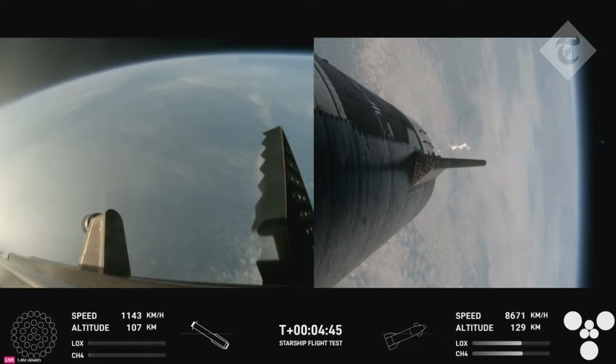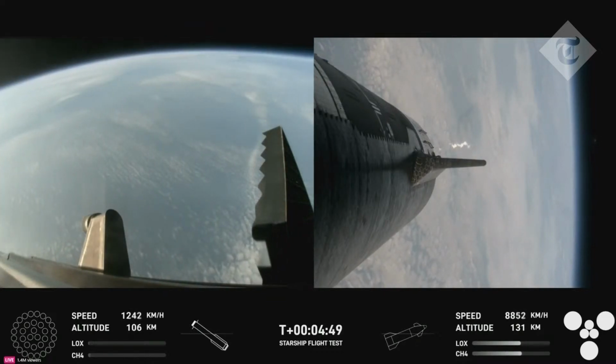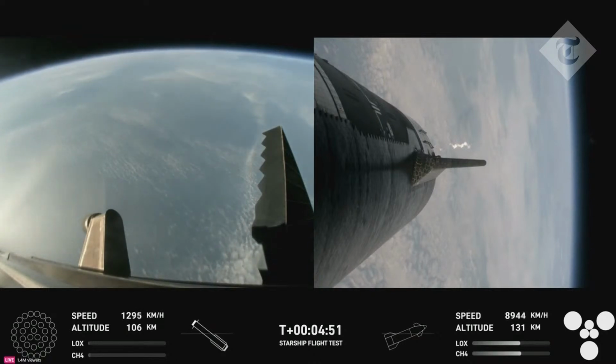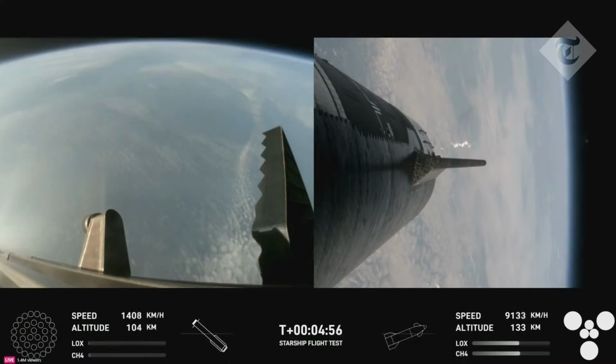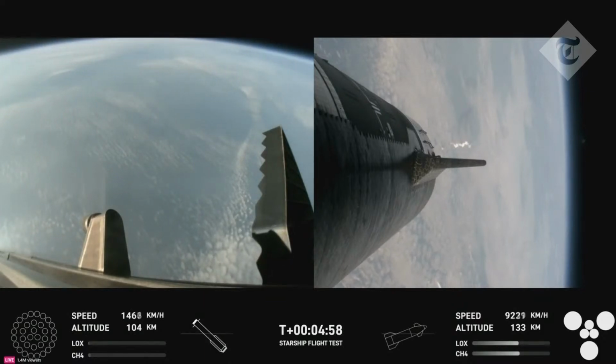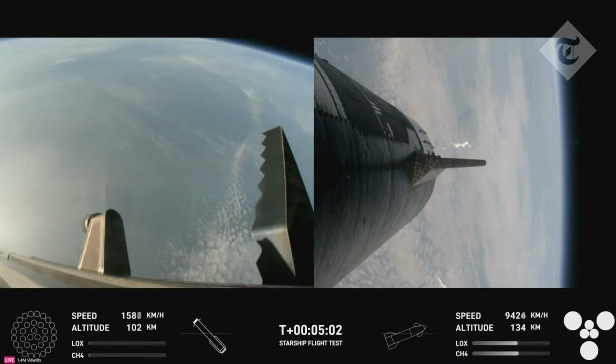In the meantime, the ship will coast for about 40 minutes or so up to an altitude of 214 kilometers. And after its coast phase, it will attempt a controlled reentry, including a flip maneuver and a landing burn, just before splashing down in the Indian Ocean. But as a reminder, we are not attempting